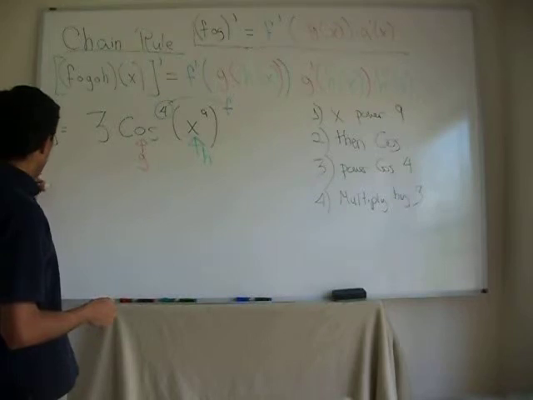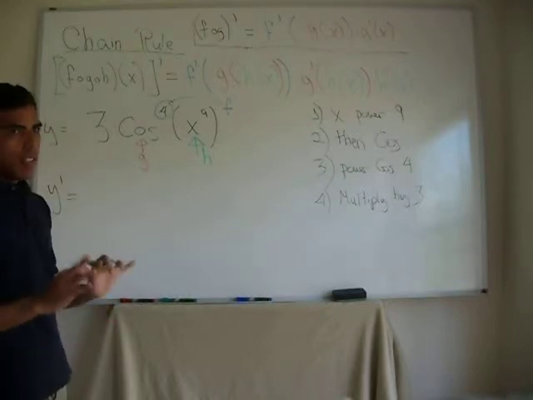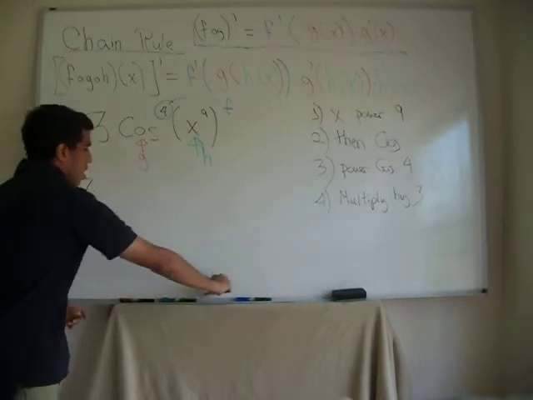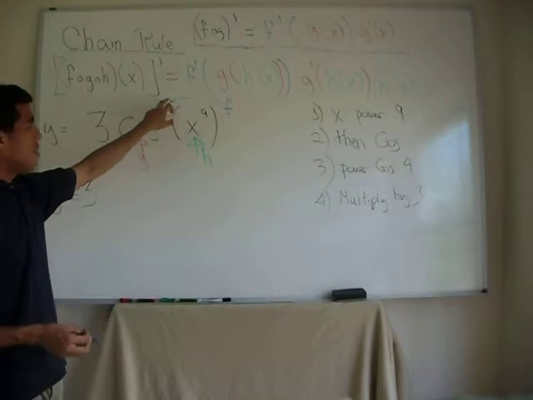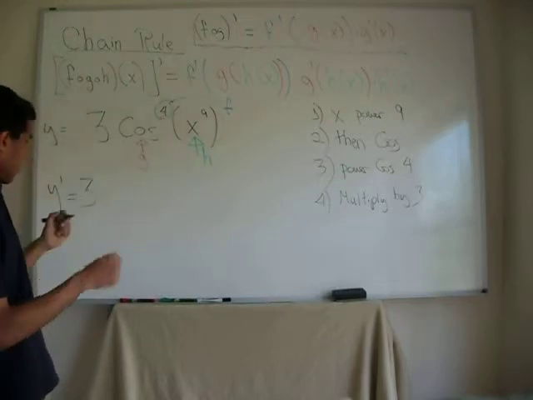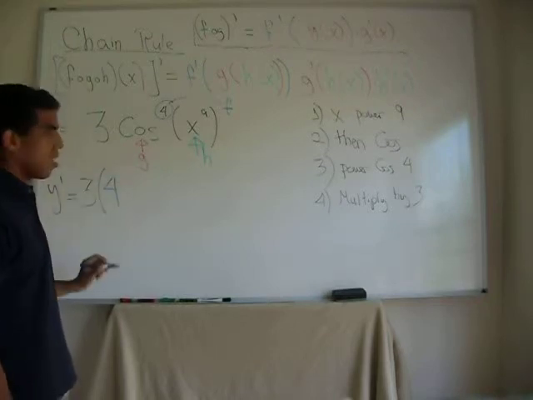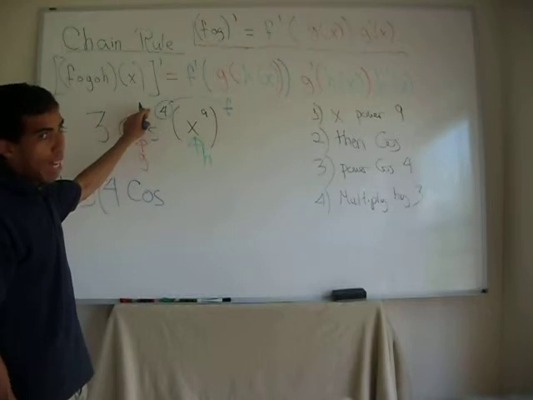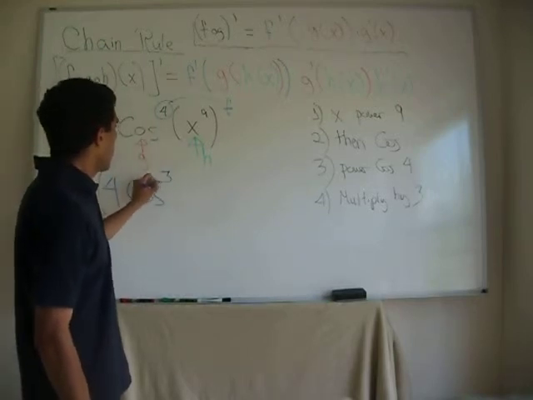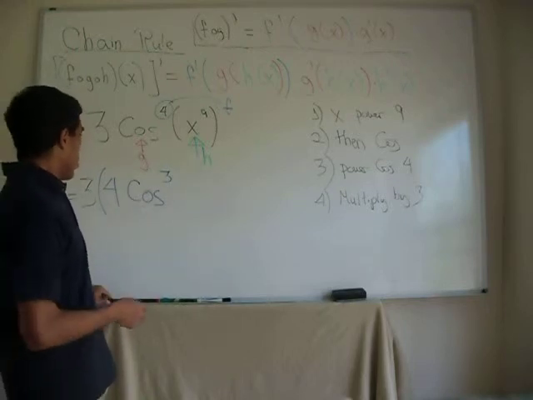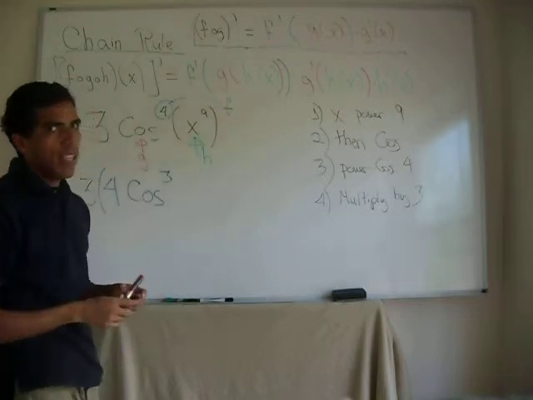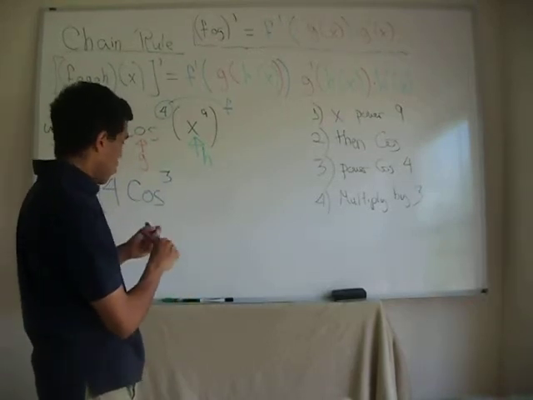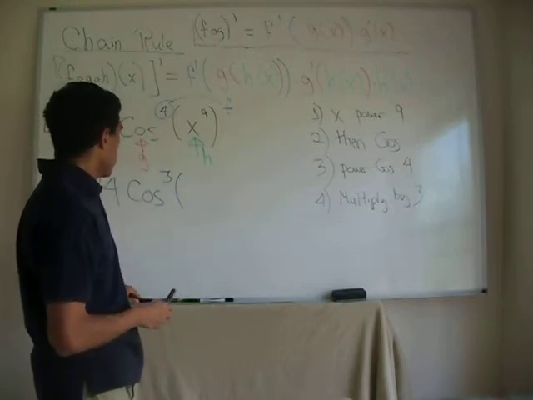So y prime is going to be, all we are going to do is be organized. 3. Let's separate the constant. Okay? F prime, derivative of an exponent, 4 goes down, right? So let's do parenthesis, 4, right? 4 goes down, cos, 4 minus 1, 3, derivative of an exponent. Okay? We got rid of that. Now, f prime evaluated in g evaluated in h. So 4 cos cubed evaluated in g, which is